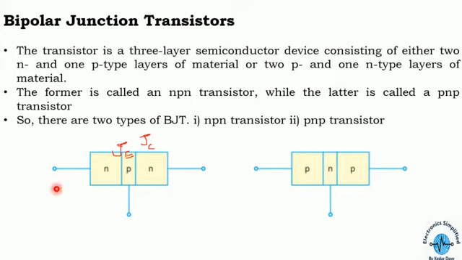There are some different analogies over this NPN transistor. The current passing through the emitter region is called the emitter current. The current passing through this terminal is called the base current. The current passing through this region is called the collector current. The same will be applied to this bipolar junction transistor. So this is the basic understanding of the bipolar junction transistor.